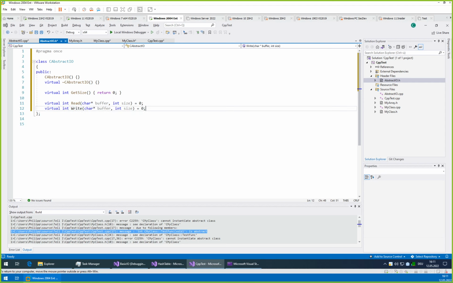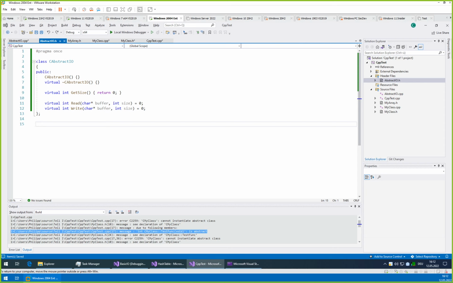Write will also be virtual, and that would be the very basic that a basic IO can do. It can read, it can write, and that's it. I mean, it might be useful to have a function that will tell us if it is at the end, so if there is nothing more to be read. But that's already like an advanced feature. So for now that would even be already enough.